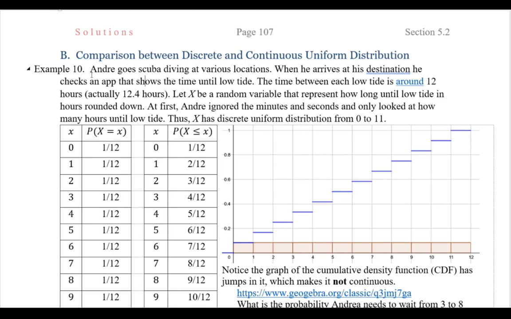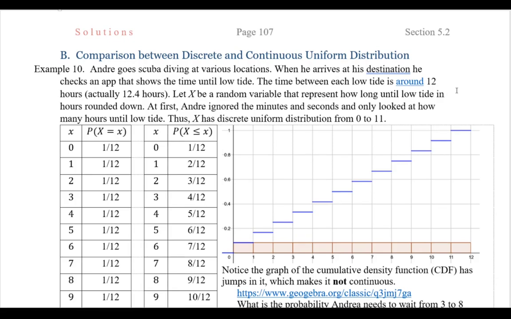Andre goes scuba diving at various locations, and when he steps off of the plane, he wants to figure out how much time until low tide when he can go scuba diving at a certain site. We assume low tide occurs every 12 hours. This appears to be a uniform distribution. No particular time from when he gets off the plane to low tide seems to occur with more probability than